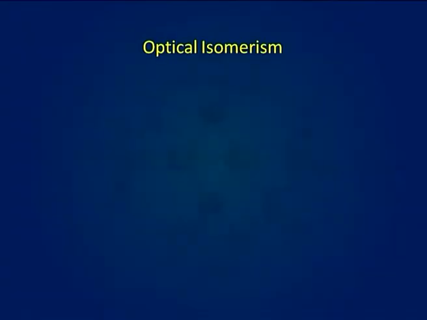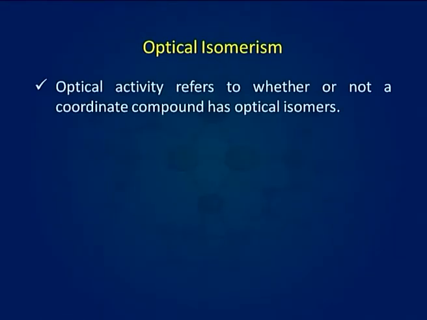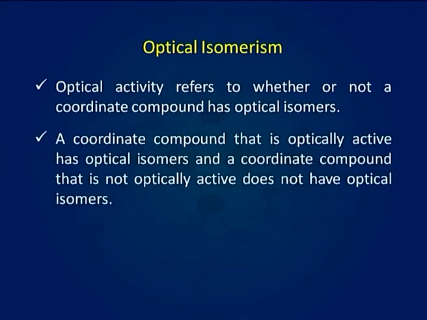The equal and opposite effects of the two isomers exactly cancel. To exhibit optical activity, the dextro and levo isomers must be separated from each other. This is done by one of a number of chemical or physical processes broadly called optical resolution. Optical activity refers to whether or not a coordinate compound has optical isomers. A coordinate compound that is optically active has optical isomers, and a coordinate compound that is not optically active does